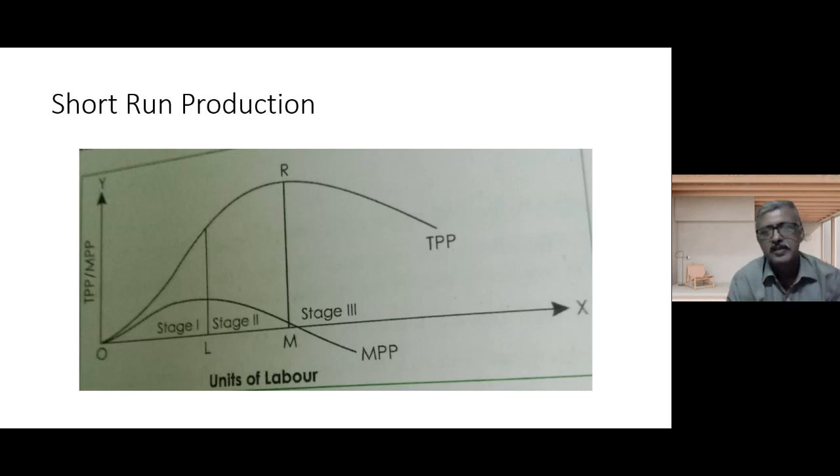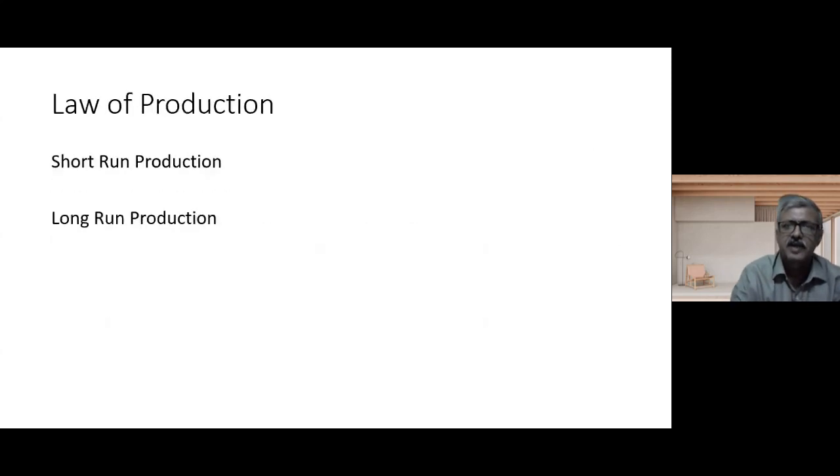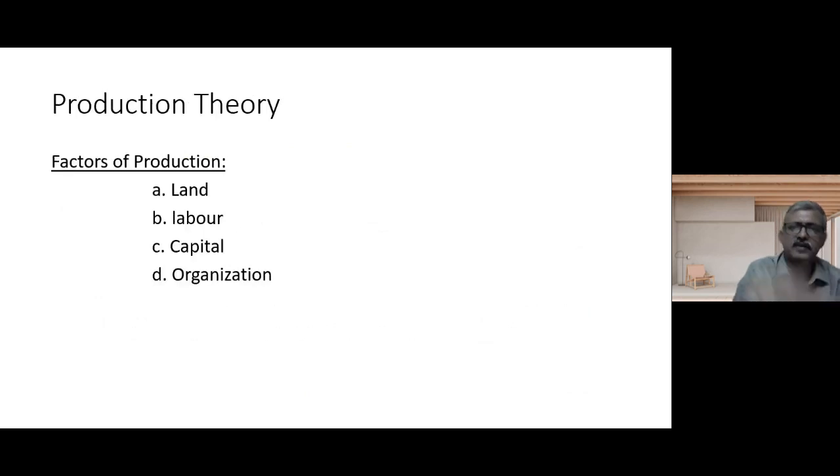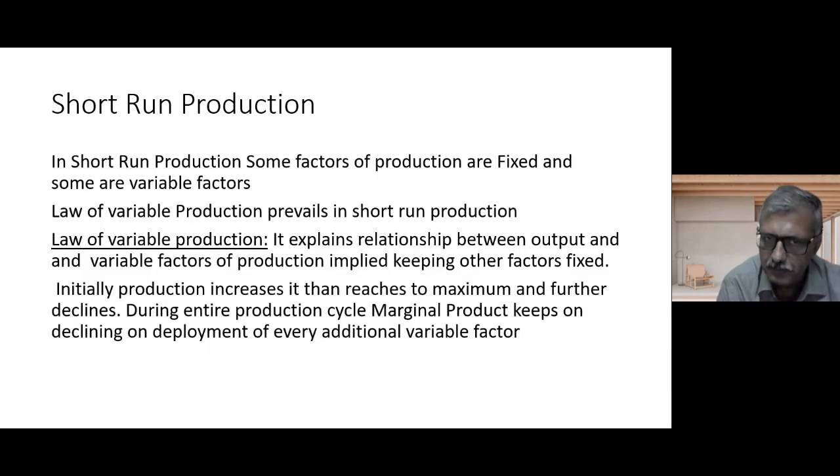तो प्रोडक्शन स्केल में क्या है? चारों फैक्टर्स है. अब हमें सब चीज को चेंज करना पड़ेगा, किसी एक फैक्टर को चेंज करके हम प्रोडक्शन बढ़ा नहीं सकते. अब हमें पूरा स्केल, we have to change the entire scale, then only we will increase the production. So third stage of short run production gives a signal to the people. Now if you want to be in production and in more production, then you have to change the scale. So this is the time when production goes in long run production. I think I was able to explain to you all what is the short run